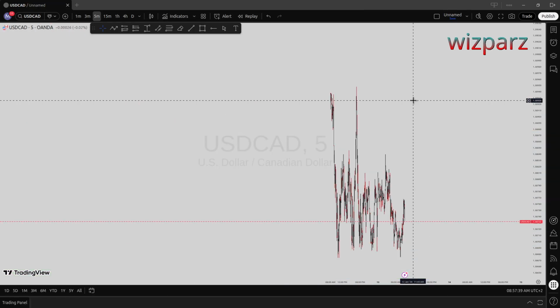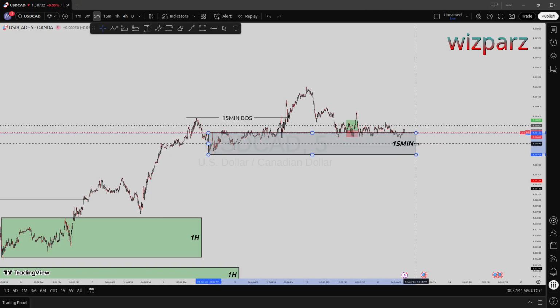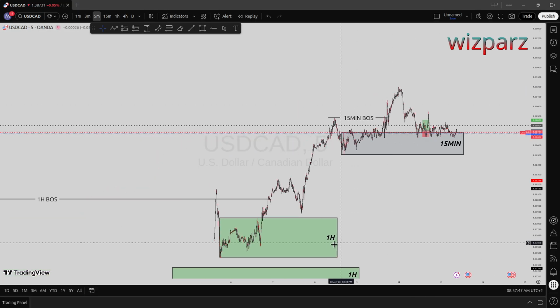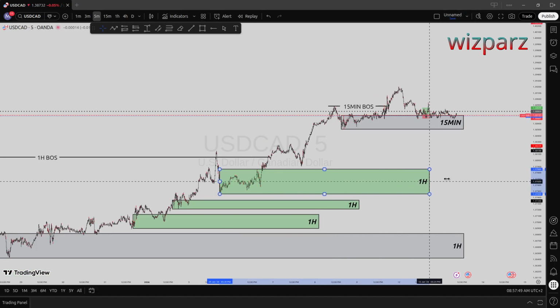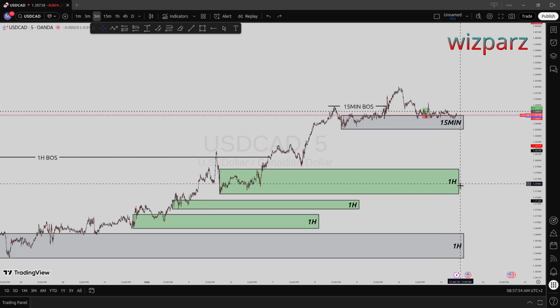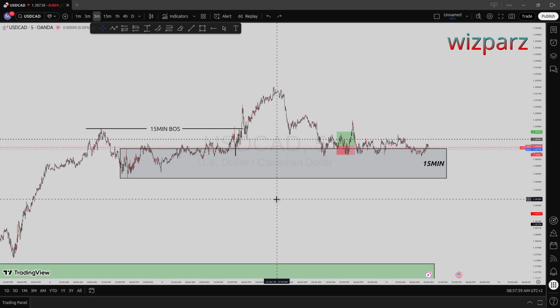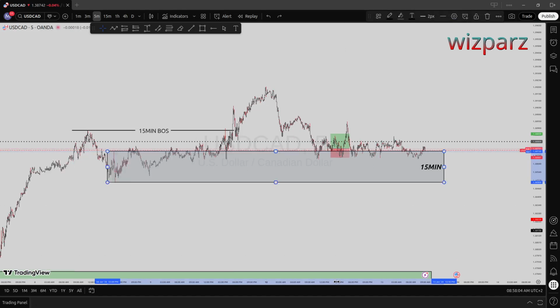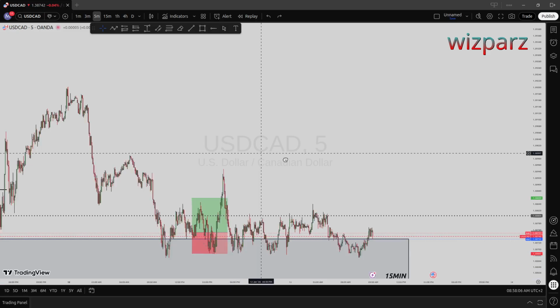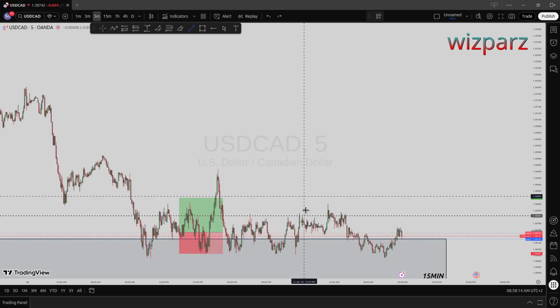And last is USDCAD. As you can see, we are still reacting on the 15-minute time frame, and there is no pullback to this major demand area of 1 hour. There is a weakness of consolidation, which shows that this 15-minute zone is preparing price to push up higher. If we do see price break this structure here,